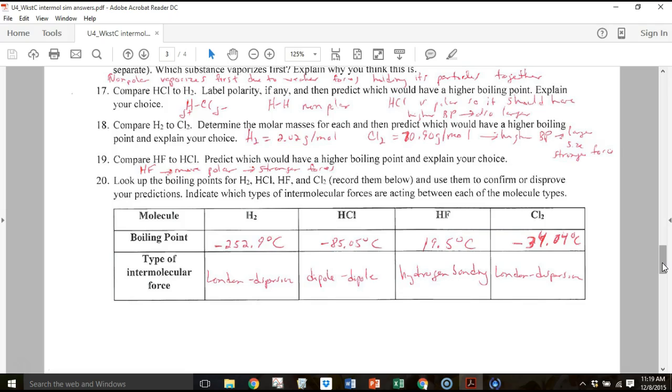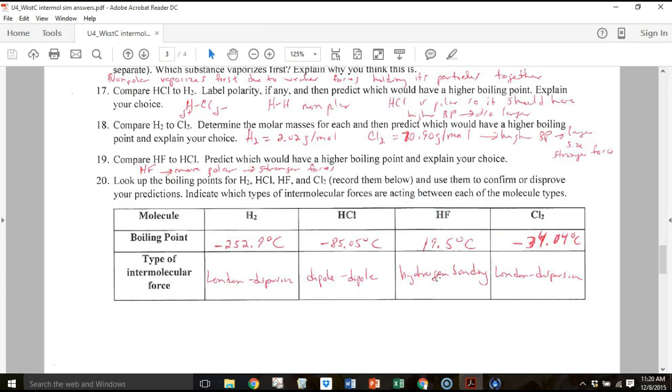There are London dispersion forces acting between all molecules. That's the only thing going for nonpolar molecules. But again, the larger the size, and really it's not the mass itself, but rather more electrons with the larger atoms, larger molecules, that are more polarizable and then cause those stronger temporary dipoles and allow the particles to stick together more strongly. Again, if we look down here just to compare, if we look up HF,